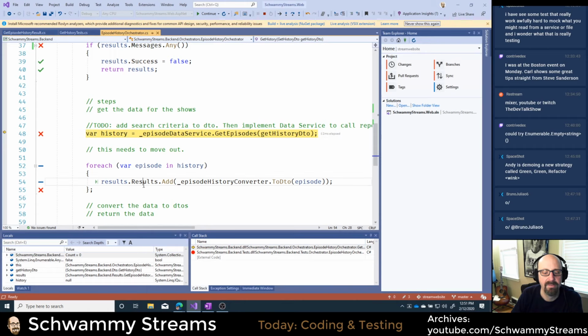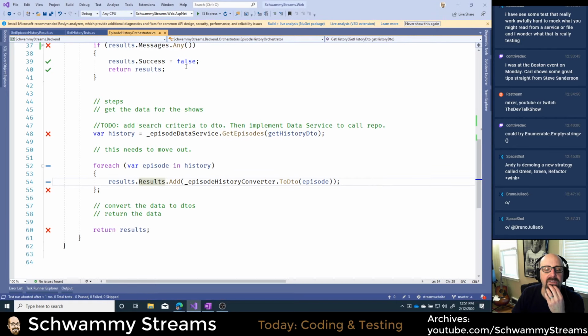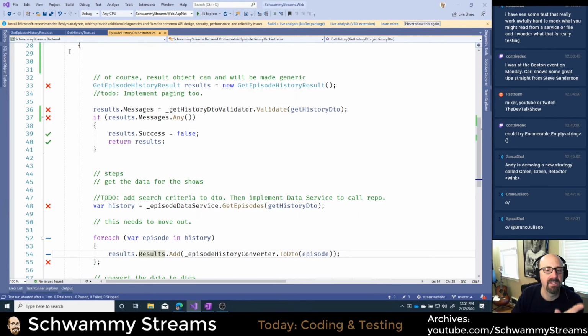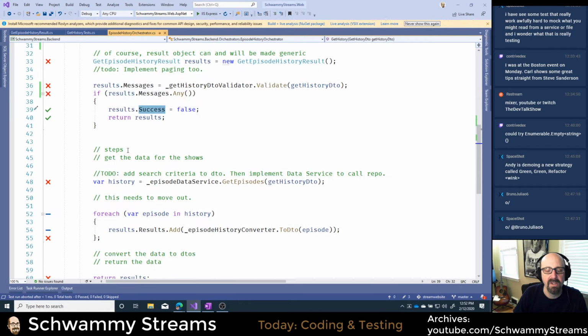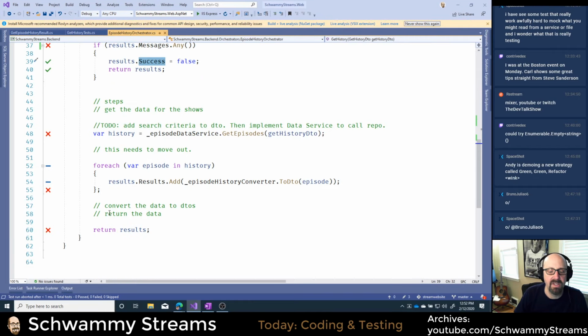Oh, I know why. Okay, so here's a mistake in my code. This is great. Unit testing just helped me. Perfect scenario. So remember, I defaulted success to false up in the code earlier. I went back and changed that. And so I've got this code that says, well, I'll explicitly set success to false if something happens in here. But what I never did is explicitly set results success equals true.